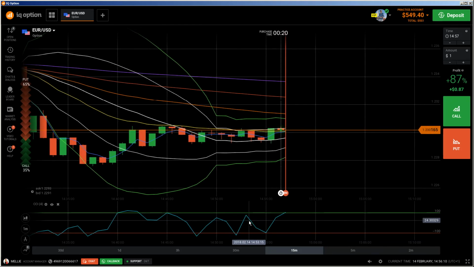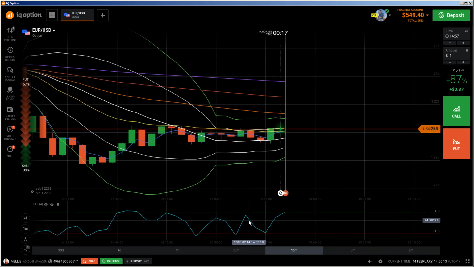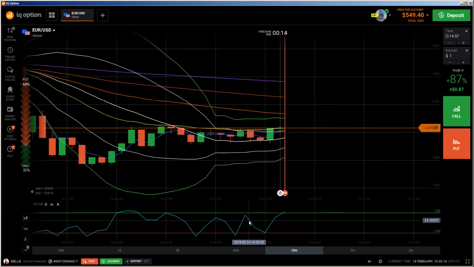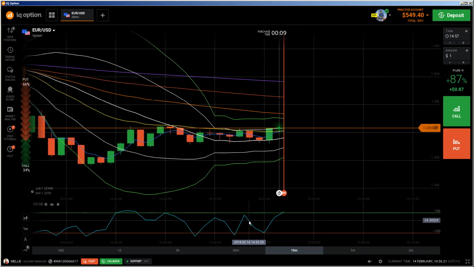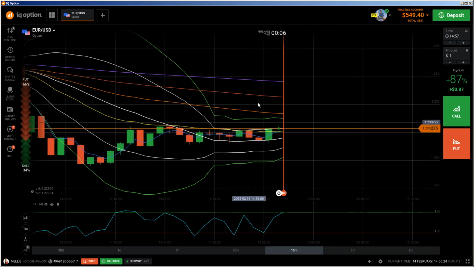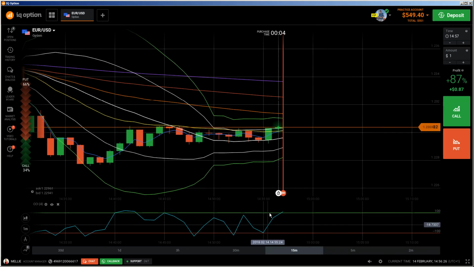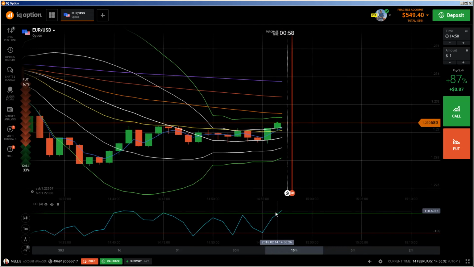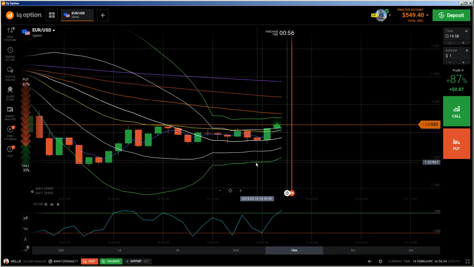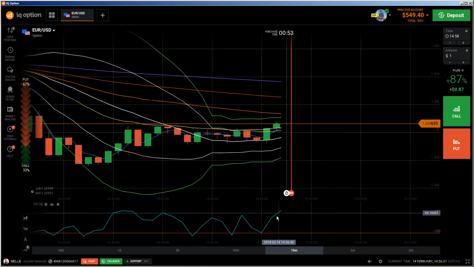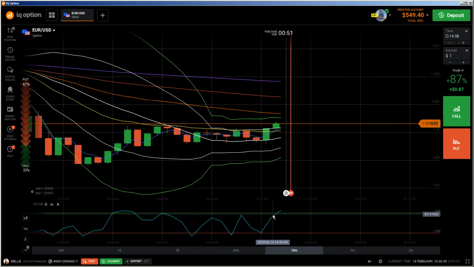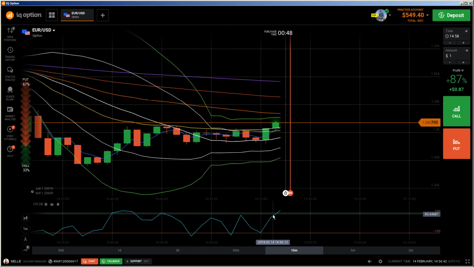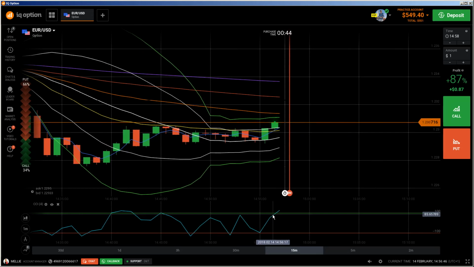But don't forget and always keep in mind that the CCI is a lagging indicator, and that means it gets calculated by price, and this is not reliable, yes, because on 1 minute expiry time, price can change direction so fast, and then you see also how the CCI is changing direction, and this is not reliable. You have to rely on candlestick analysis, and then you can apply the indicator,